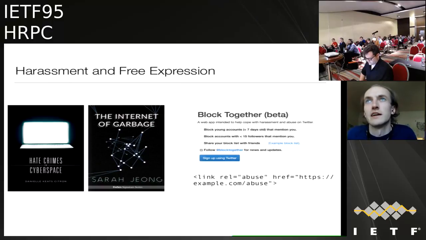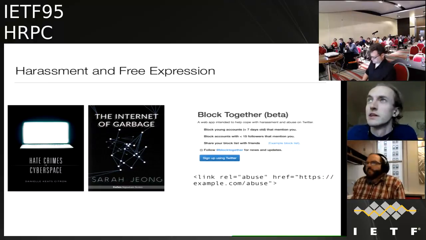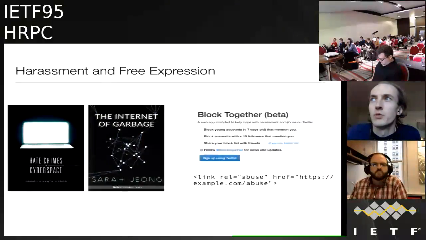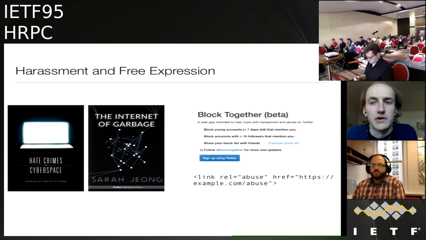It seems to me that this is one of the major issues that's preventing free expression online. It's not just the actual ability to communicate this, but the responses that people are getting. I think there might be some technical measures, some standard setting measures that we could pursue that would help with that. One example might be block together. The concept of shared block lists might be a way to improve responding, filtering, blocking harassment without everyone having to